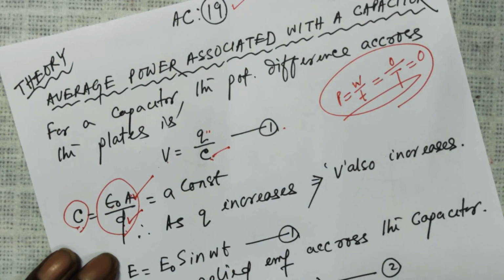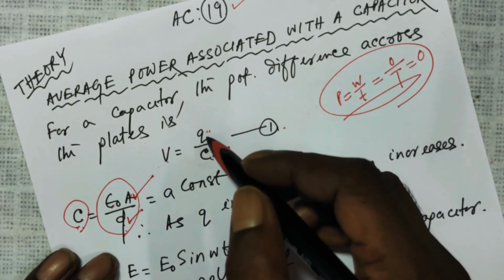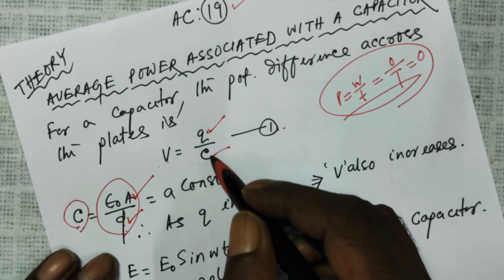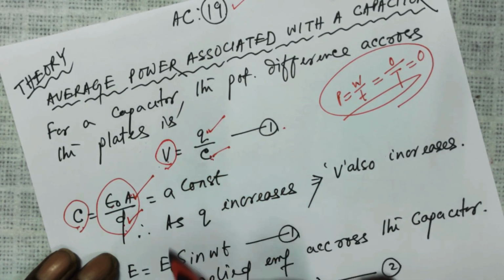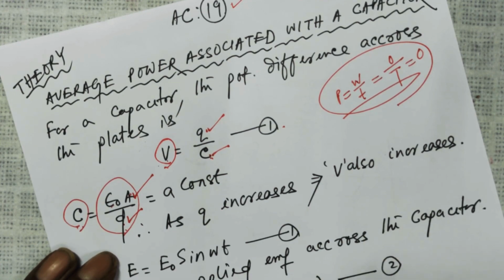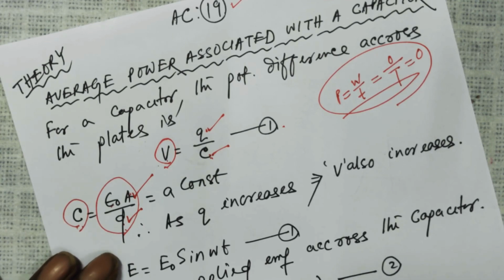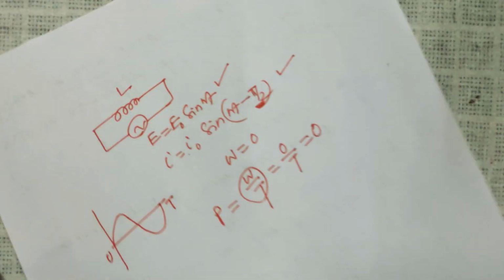When the capacitor is not charged, say you purchased a capacitor from a market, sealed in a packet, and you have not charged it, the charge on the plates of the capacitor Q is 0. So 0 by C is equal to 0. The potential difference across the capacitor is 0 because there is no charge given to the two plates, right? Now what do you do when you charge it? When you charge it with an alternating voltage,